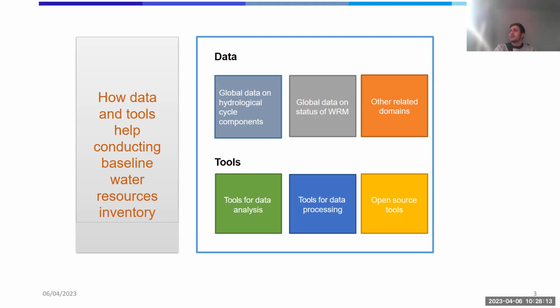As you also see here, there are tools for data analysis and tools for data processing. And of course, we will need open source tools. Data and tools can greatly assist in conducting the baseline water resources inventory by providing a comprehensive understanding